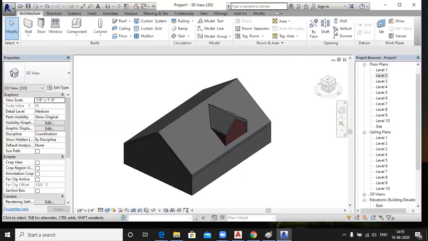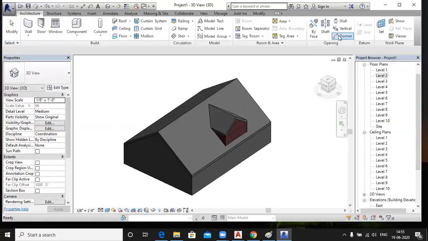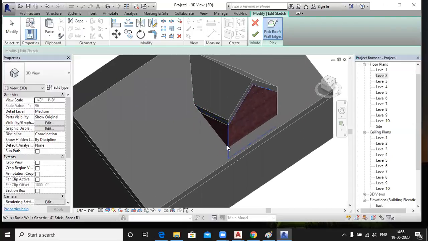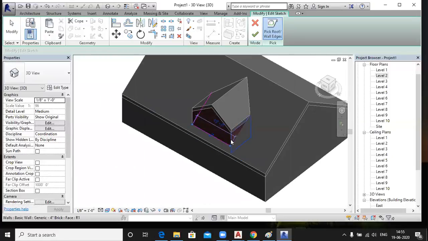Now you activate the dormer opening. Which one? Dormer opening. Select your roof like this and pick your walls like this. All four sides of your wall, like this and like this.